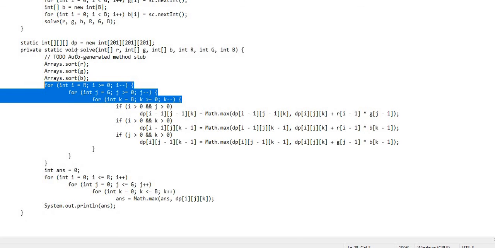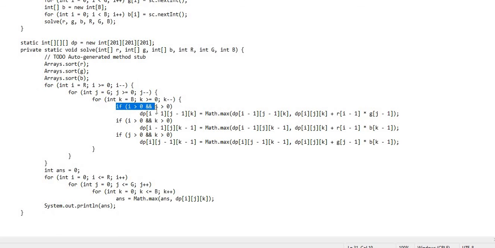After that I am performing one calculation for when i and j are 0, then i and k are 0, and j and k are 0, because I have to calculate the combinations for red-green, green-blue and red-blue.